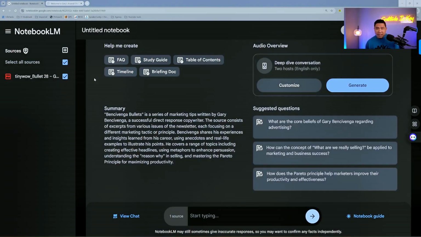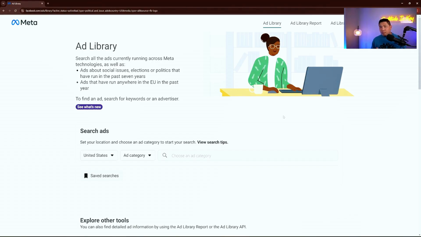So what I've done here is I have combined all 29 letters of Gary Bencivenga into this one PDF, and I have everything right here. Now what I'm going to be doing next is go to the ad library and find some ads to analyze. I'm at the ad library. To get to this website, you can either Google Facebook ad library, or you can go to